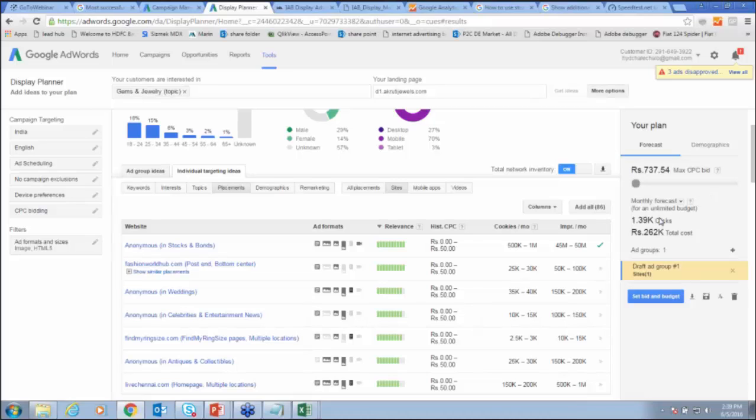So it'll show you a monthly forecast. You can get almost 1.9 clicks, which in total would cost me rupees 262K. So I can decide the maximum CPC bid is very high here. If you'll see, it's going to 737 rupees. Now I can check something else as well. Let me say this doesn't match me, and if I want to see this one,